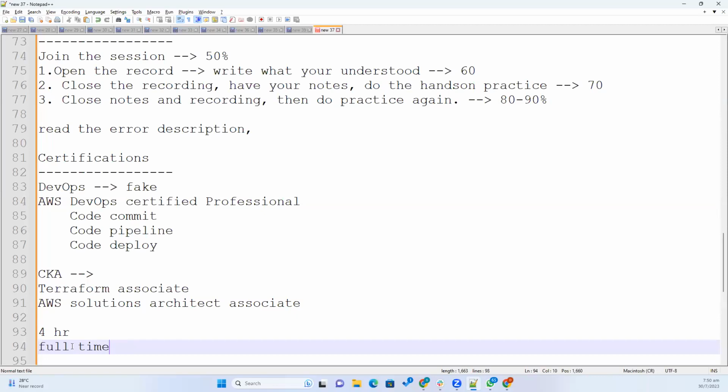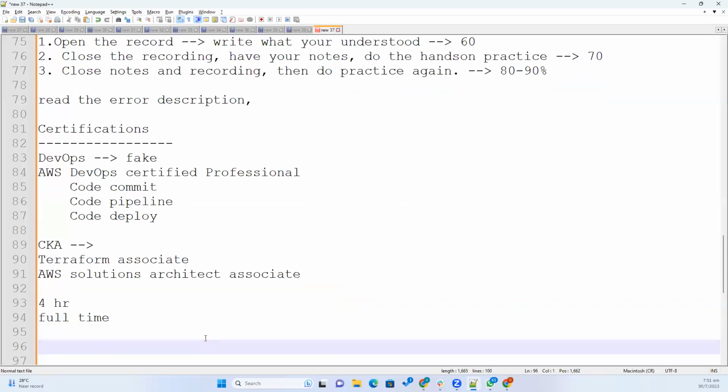Obviously, we'll upgrade, because DevOps has a lot of features. AIOps is also coming. You can easily upgrade by yourself once you are on this track. So focus and dedicate yourself completely to this training. Every week we will be sharing the resume points, so understand what you practiced and what you learned this week, and write it down somewhere. That is how you need to practice.